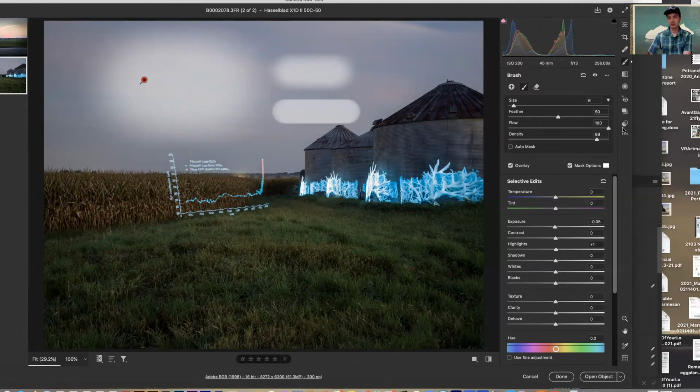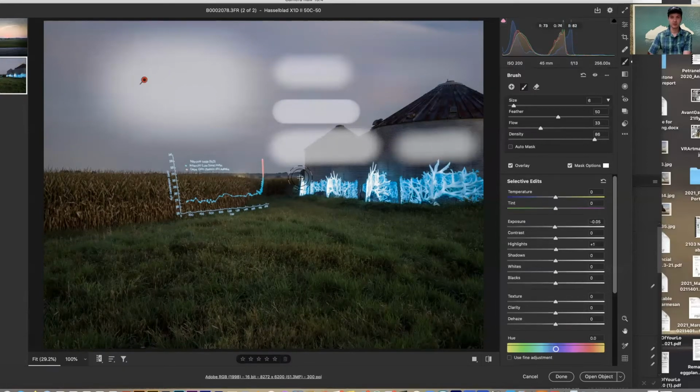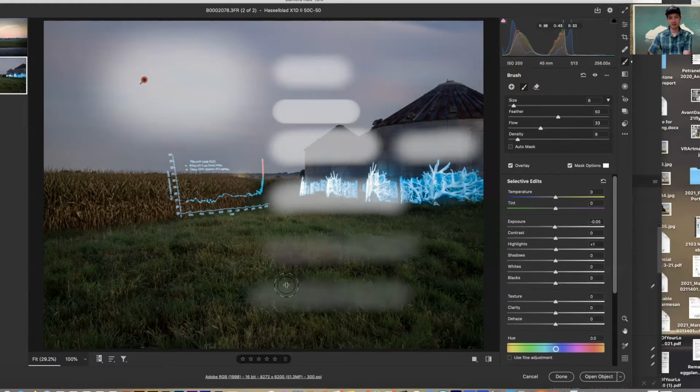If I change my flow up to 100, you can sort of see that. And then, sorry, let's make the flow down to 0. Nothing comes out at 0, maybe in the 30s. You can see the difference. It's very similar, actually. I think density, though, is going to affect how intense that is, how opaque it is,